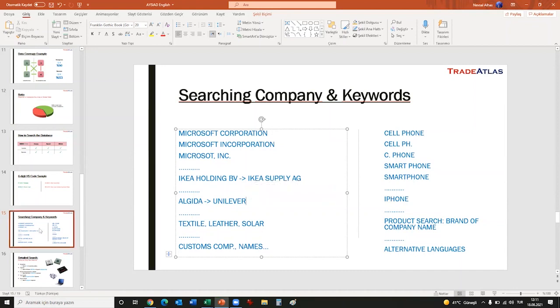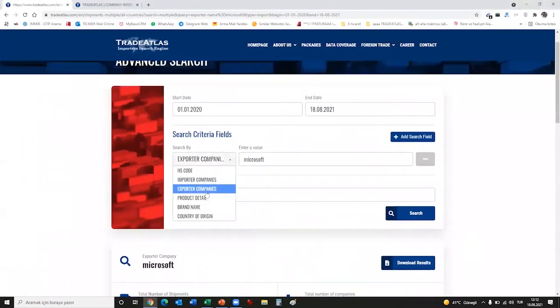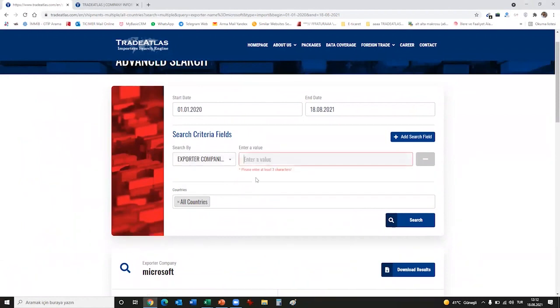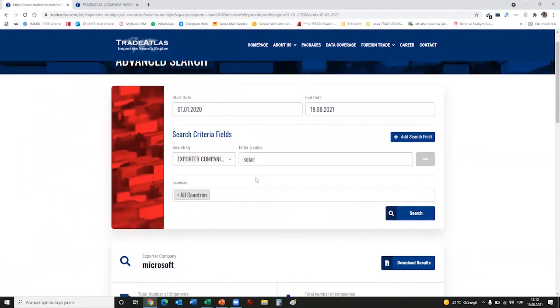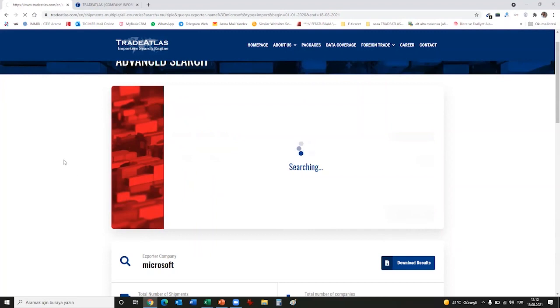And the next note is you do not need to know all the exact company names. For example, you started a solar power business and you are trying to find some companies who are in this business. Surely there are a lot of companies, but you don't know the names. What you could do is just go to the exporter company name or importer company name and just write solar, because most of the companies in the world who are in the solar power business probably have the word solar in their company name. So when I search that one,